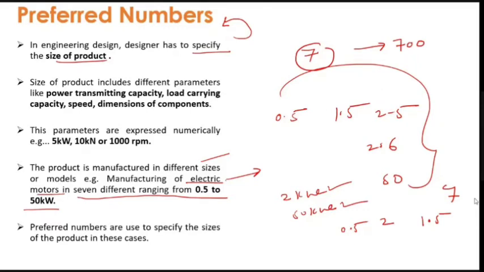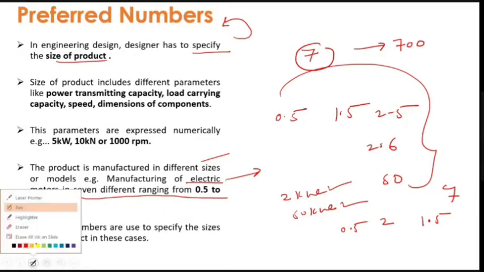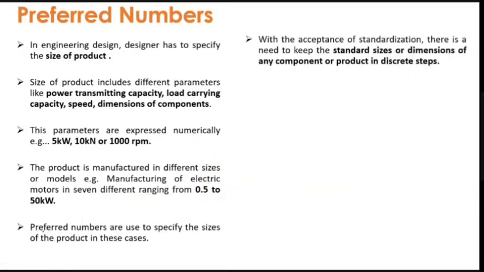So there has to be some concept based on which the manufacturer can decide what is the range and what are the different electric motors it can manufacture. Does it make sense, yes or no, if you understand? Okay. So now